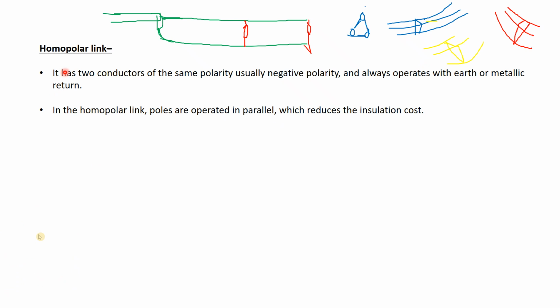That means if one conductor is carrying current I, and we are using 3 conductors in the same phase, in the red phase suppose, then the total current will be 3I. If the line voltage is VL, previously with a single conductor the apparent power would be VL into I. But if you are using 3 bundle conductors, then 3 times the power can be transmitted.